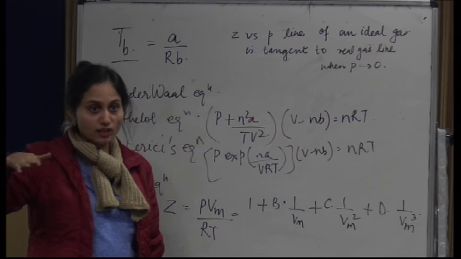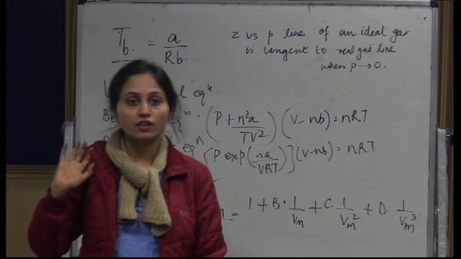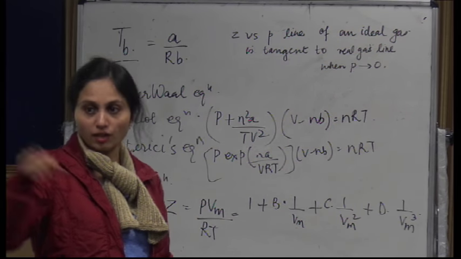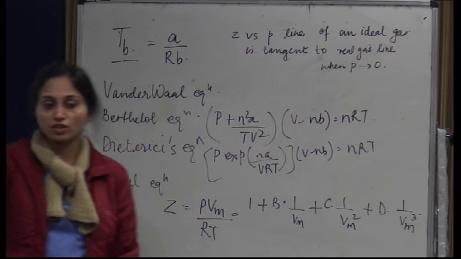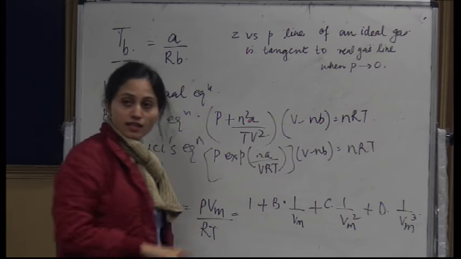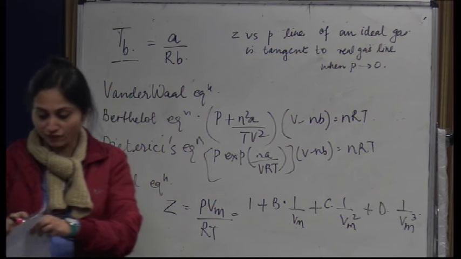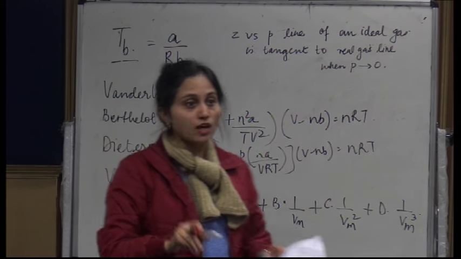So the Z versus P line of the ideal gas is tangent to that of your real gas curve. ठीक है? And that too when pressure is approaching 0. So this is it, and now because the question had come up and we have very little time left, I will just quickly tell you